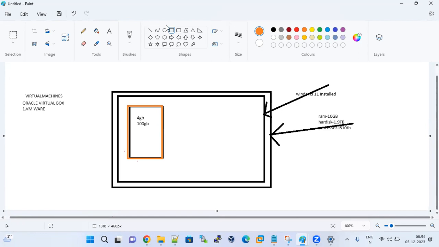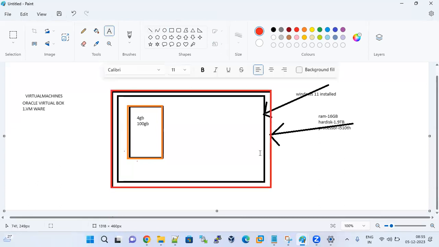For a computer to run any operating system, the minimum RAM required is 4 GB. For the hard disk, minimum 200 GB is required for Windows, though 100 GB is also a fine capacity. So out of 16 GB, 4 GB is for my main computer, Windows OS, and another 4 GB for my virtual machine.